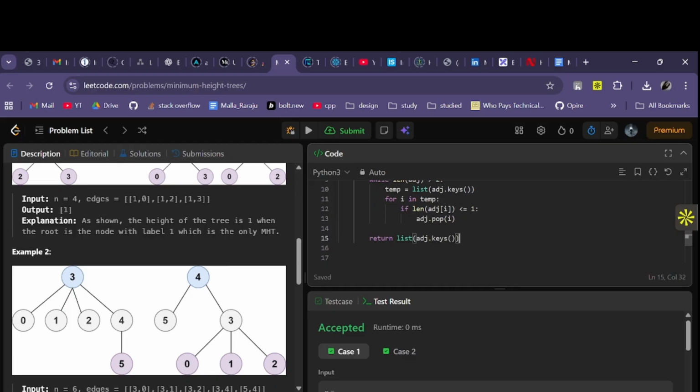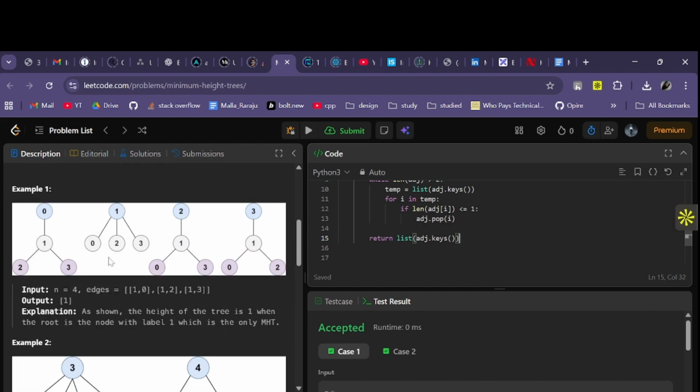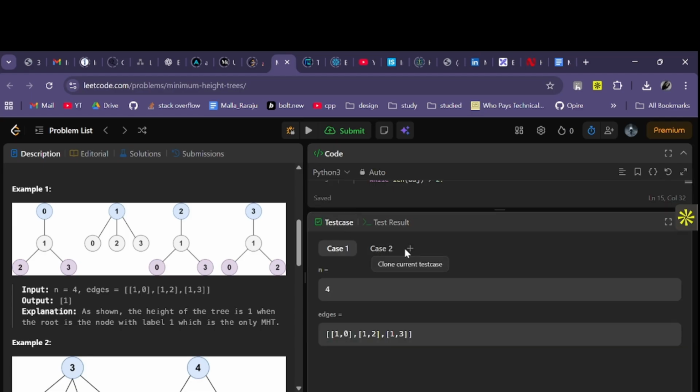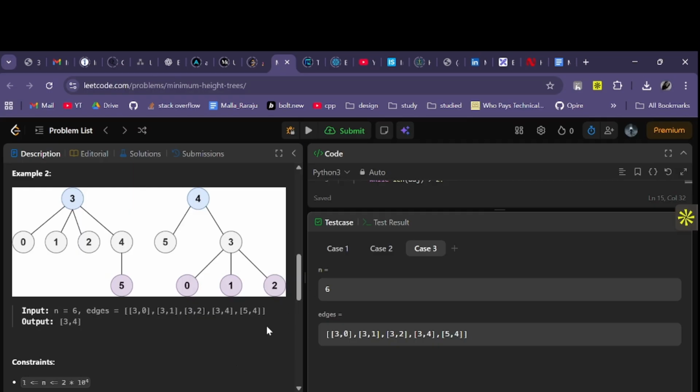Let's see again. This will work for these small cases, but what if it is even deeper, like